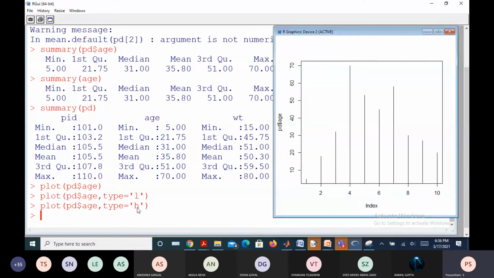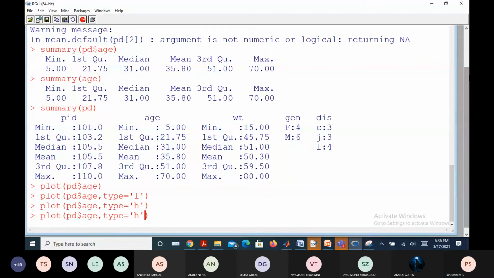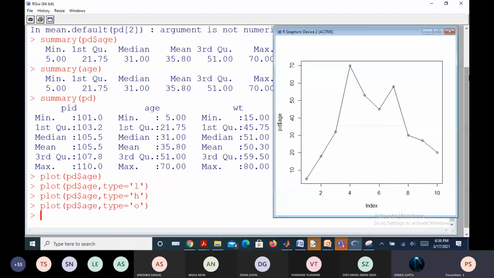Now, if I change this H to O, what does it display? What is the change you are noticing? The points are displayed with circles.